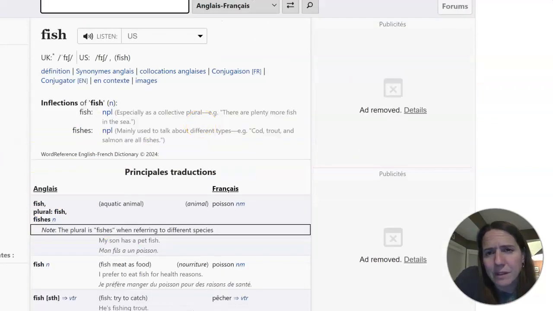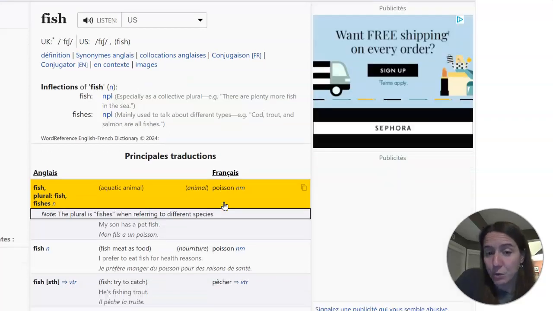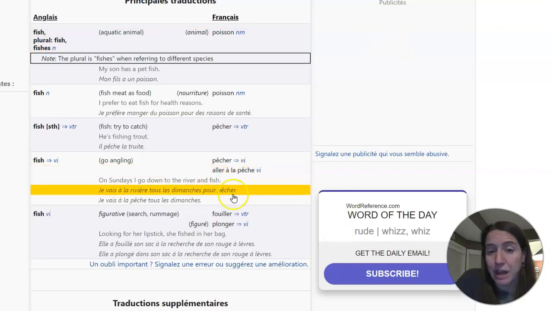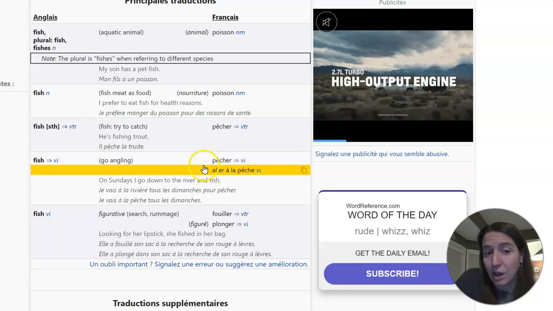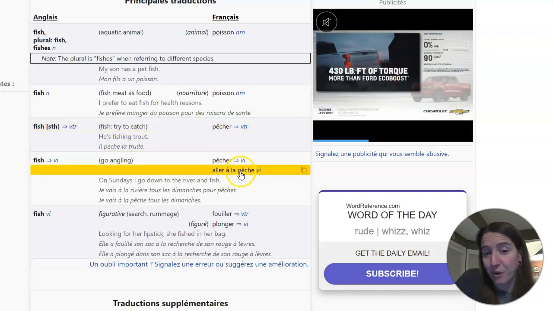Now, in Google Translate, if you put in fish, it might understand that you are looking for the noun and give you the word poisson. So I might see somebody write j'aime poisson, saying that they like to fish, when really what they mean is j'aime aller à la pêche, ou j'aime pêcher, and that is the word for to fish